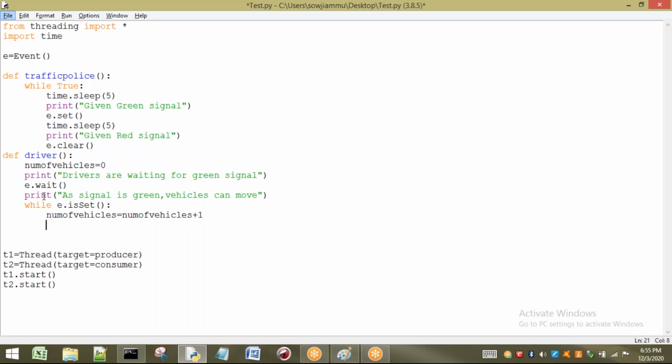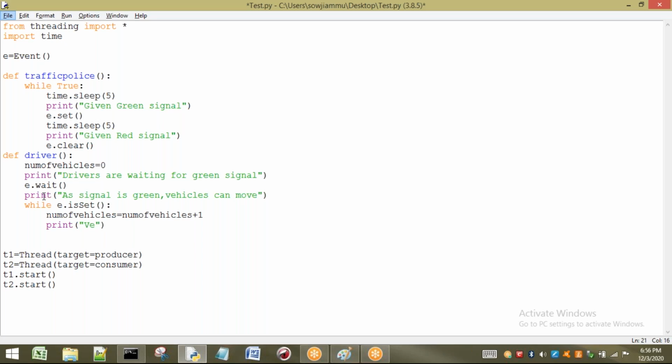After that, as I am counting here, I will write the vehicle number also. After the green signal, which vehicle is moving? First to cross with the green signal is vehicle number 1, second crossing is vehicle 2, and so on. So here I am going to write what?